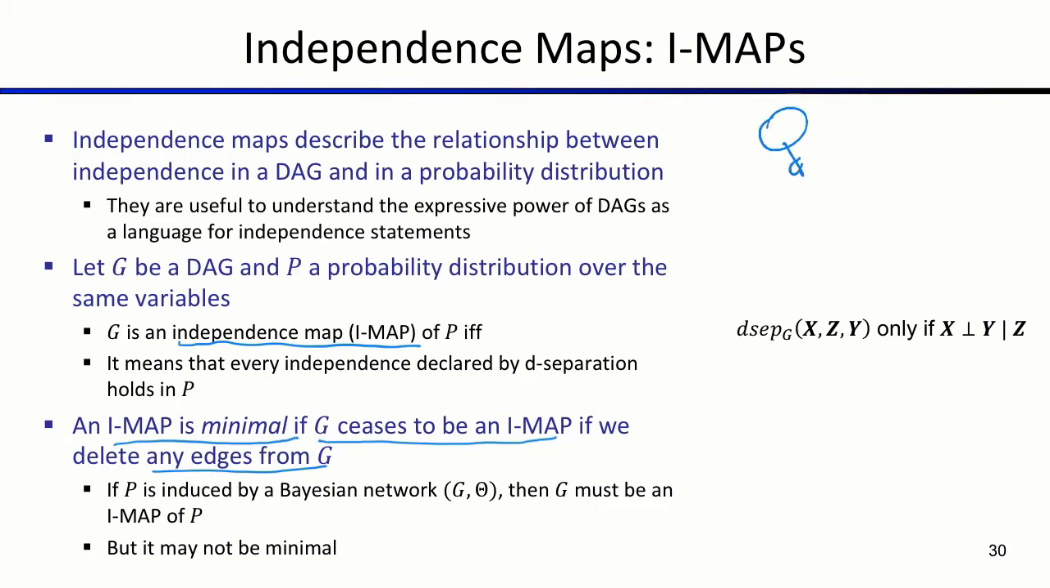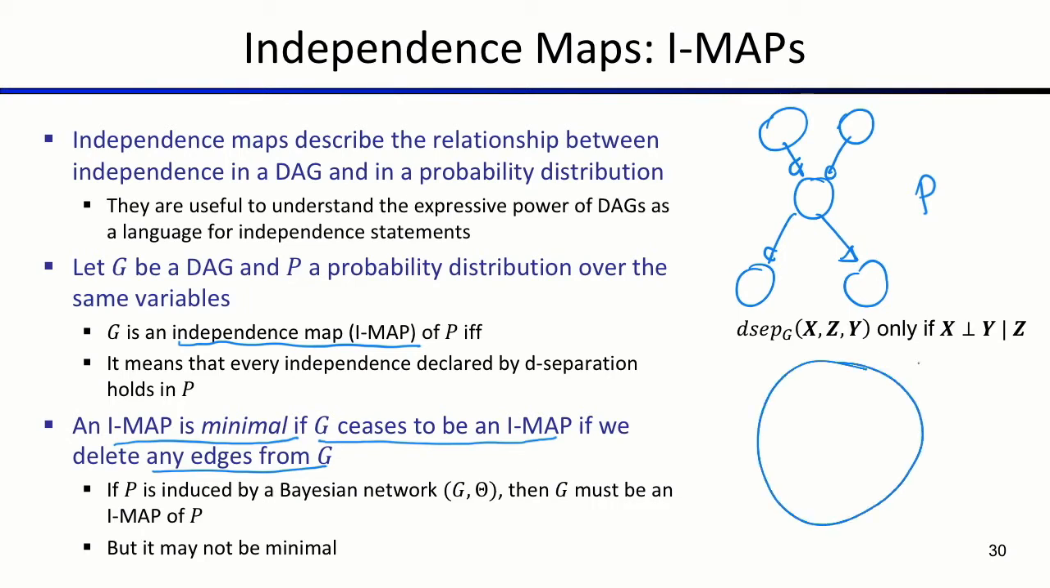So I have my DAG here, right? And we have the probability distribution, and if this graph is an IMAP for P, what I'm saying is that these separations that we have here are a subset of the independencies that we have in P. But we are saying that if we remove any one of these edges that we have, it will cease to be an IMAP. So basically I'm saying that if we try to remove this edge here,